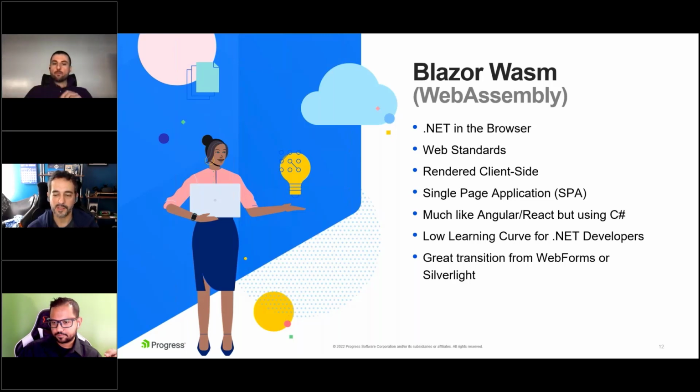For me, I feel like this is a really low learning curve for .NET developers because you are writing a lot less JavaScript, and you may not need those JavaScript build pipelines and configuration tools. You're going to use a lot less NPM and Webpack and all of those things if you're using Blazor. So the style in which these components and pages are written also looks a lot like web forms, even though it doesn't have a view state and things that web forms has. It's a really great transition point from web forms or Silverlight because of just the style of coding that you're doing.